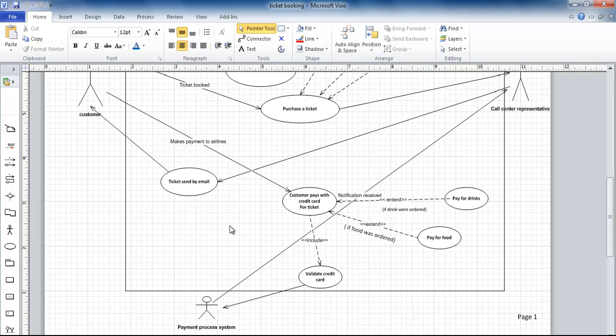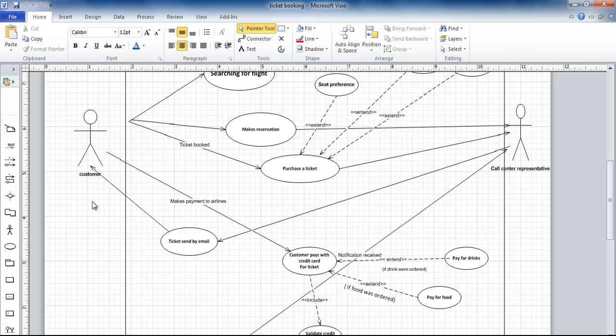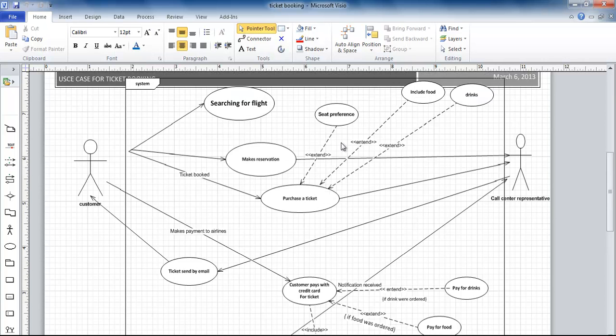Now you can see that the customer gets the ticket. Now the thing is that basically a customer is making a reservation, but the seat preferences have been extended by the airlines or the people from where he is booking that ticket. So what seat preference does he want is an extended service, very similar to whether you want to print the receipt after withdrawing the money or something like that.